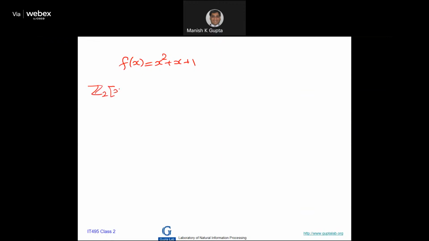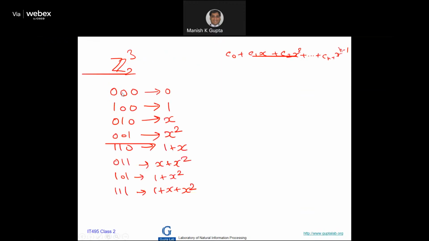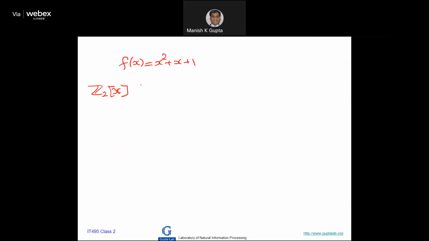Z2x is the polynomial ring that we are getting, a polynomial with coefficients in Z2, all the polynomials, right? So we are getting this Z2x, and Z2x modulo x square plus x plus 1